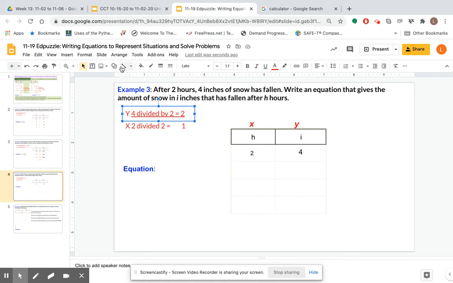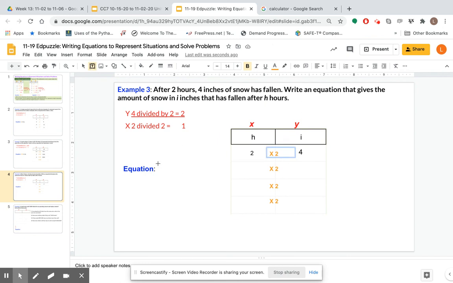So now we have our constant of proportionality, 2 over 1. That's just 2 divided by 1, which is just 2. And we're going to multiply the number of hours times 2 to find the amount of inches of snow that's fallen. So it's not called the constant of proportionality for nothing. We're just going to multiply times 2, times 2, times 2. Got some hot rods outside. I don't know if you could hear that in the background. But anyways,